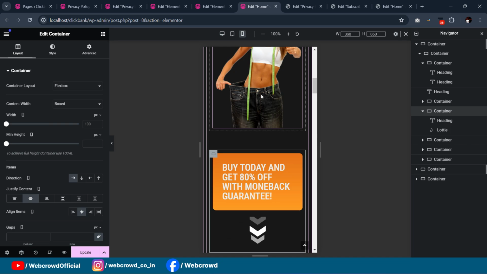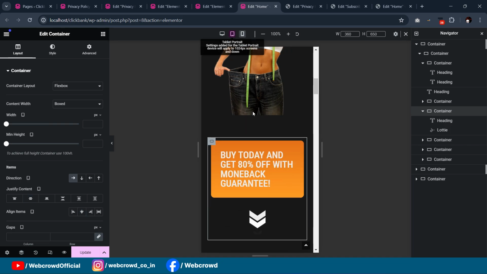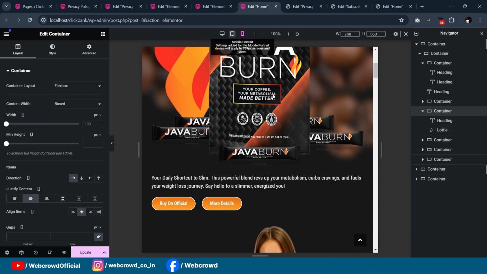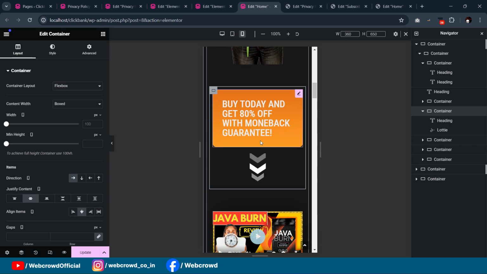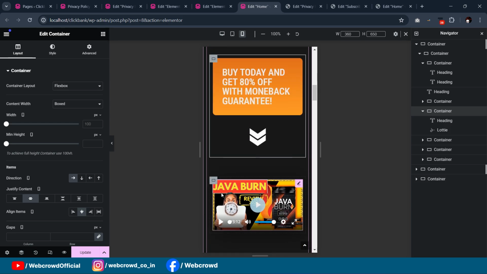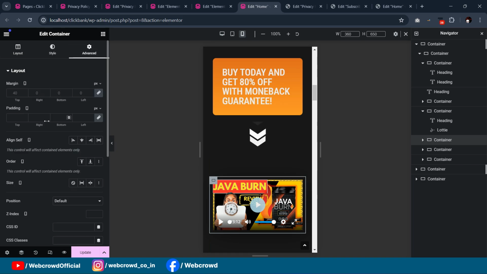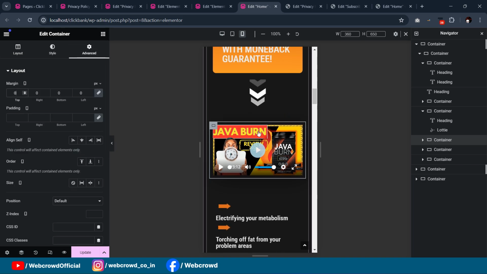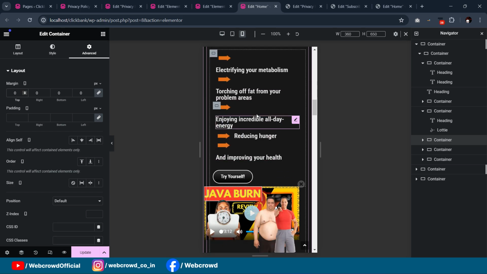and also check the side by side if anything goes wrong with the other device as well. Okay, sometimes it happens that when we change the settings on the other device, it will reflect in the others. Okay, so please take care of it. I will remove the margin. I will keep them as it is. Okay,